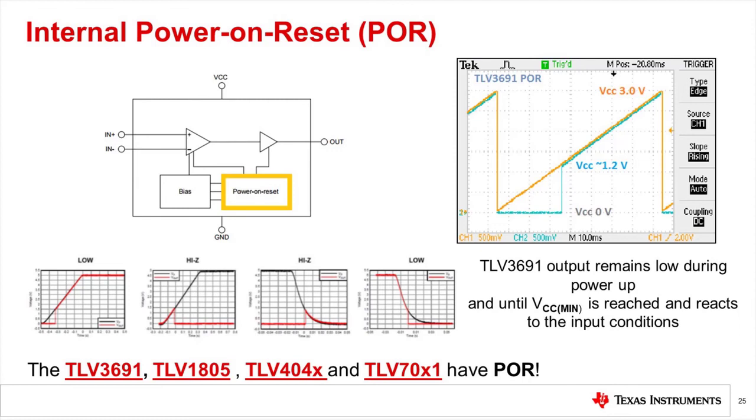For a push-pull, the comparator output will be held low during the startup. And for an open drain, the output will be held high Z, or high impedance, during the startup. Just make sure to check the datasheet to see the comparator-specific behavior. If we repeat the supply ramp test from the previous slide, we can observe that the comparator output will be held low until that minimum VCC of 1.2 volts is reached, and then the correct output state will be maintained. This is an important feature in applications where reliable startup behavior is critical.